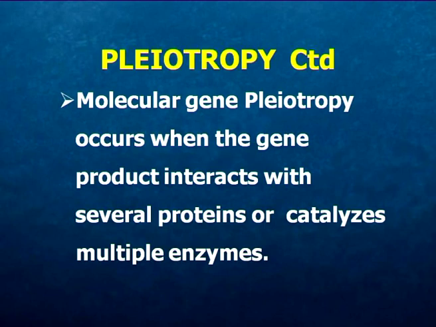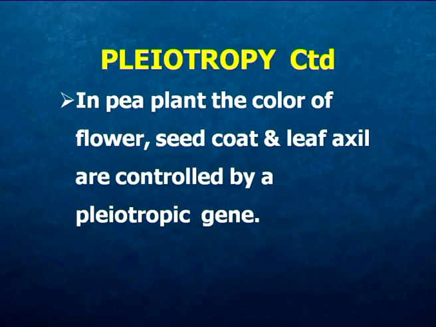Now, molecular gene pleiotropy occurs when the gene product interacts with several proteins or catalyzes multiple enzymes. We all know a gene expresses itself in the production and action of an enzyme. Therefore, here a molecular gene pleiotropy occurs when the gene product, that is the enzyme, interacts with several proteins or catalyzes the multiple enzymes. In pea plant, the color of flower, seed coat, leaf axil are all controlled by a